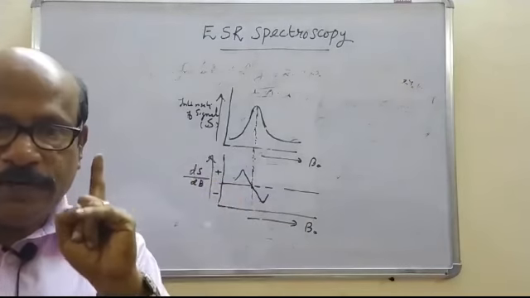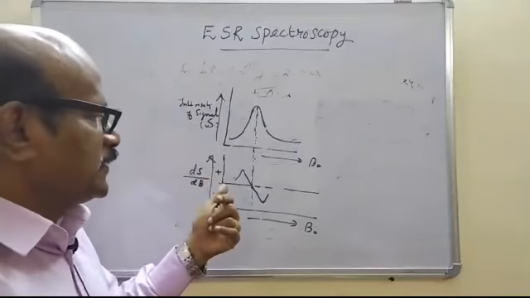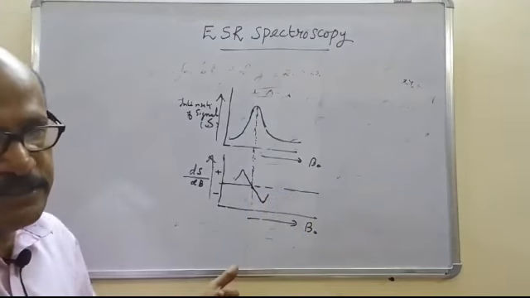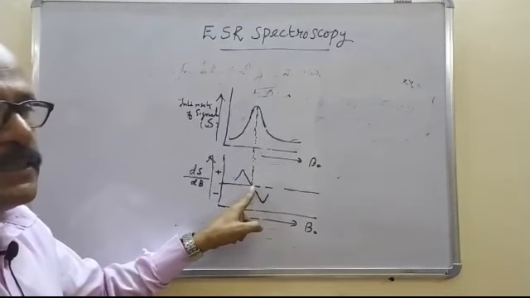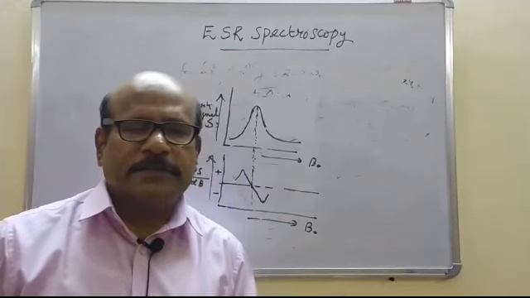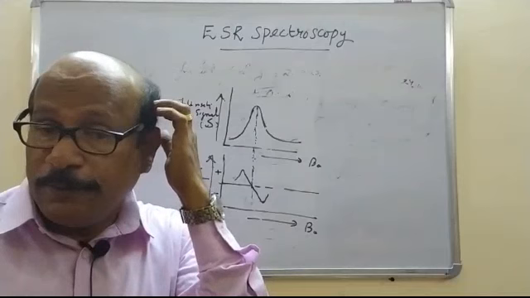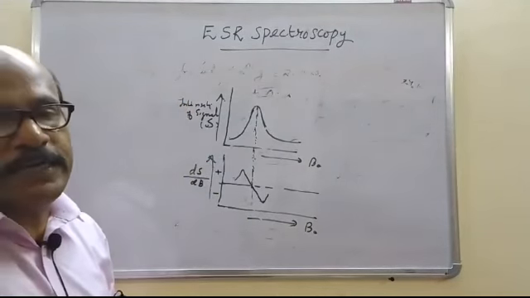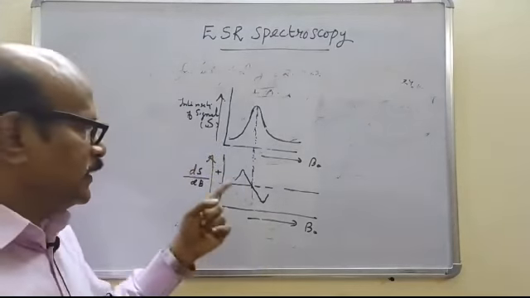That means a signal with one peak now produces one maximum and one minimum, with the peak crossing the abscissa. So in the derivative curve, the number of peaks in the absorption curve now becomes equal to the number of maxima and minima, with the peak crossing the